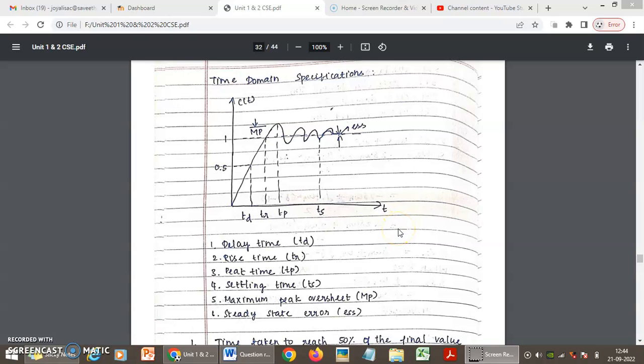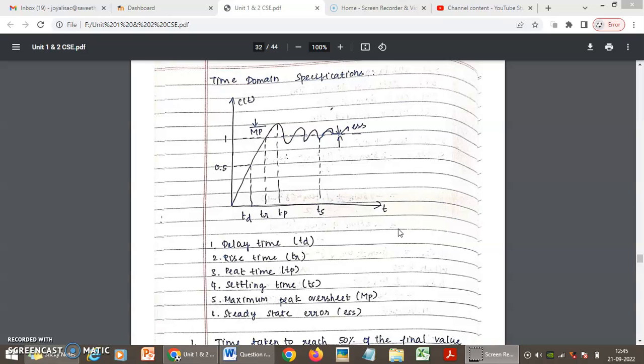Hello all. In today's class, we will discuss time domain specifications. The desired performance characteristics of a control system will be specified in terms of time domain specifications. A system with different storage elements will not respond instantaneously, but it will exhibit a different transient response to any input